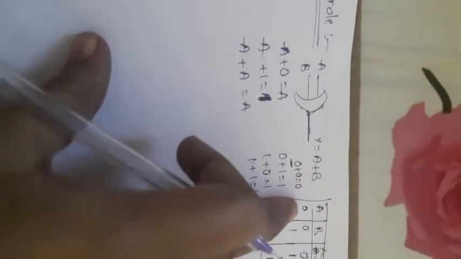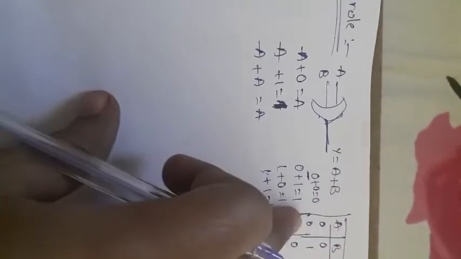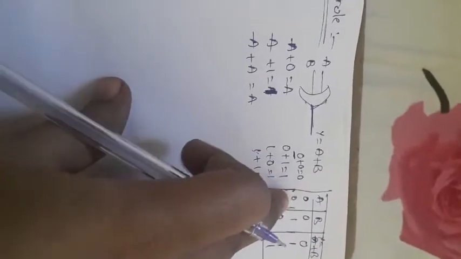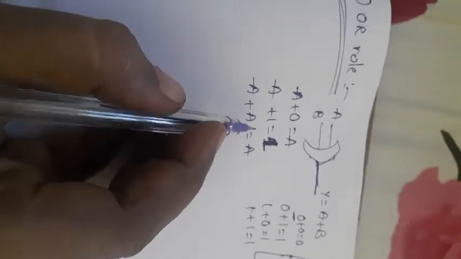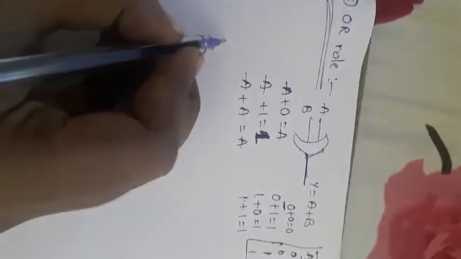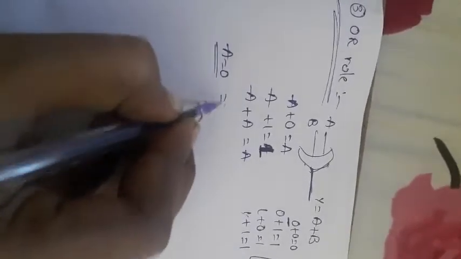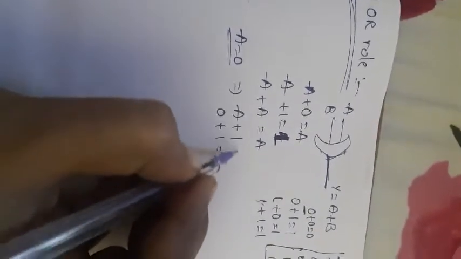Check whether all possibilities come. A plus 0, and A plus 1 and 1 plus A are the same. A plus 1 or 1 plus A, both will be the same, and A plus A is equal to A. Now define this: A plus 1 is equal to 1. How to get it? In the place of A, just consider 0. Then A plus 1 is 0 plus 1, and the result is 1. That's why A plus 1 is equal to 1.